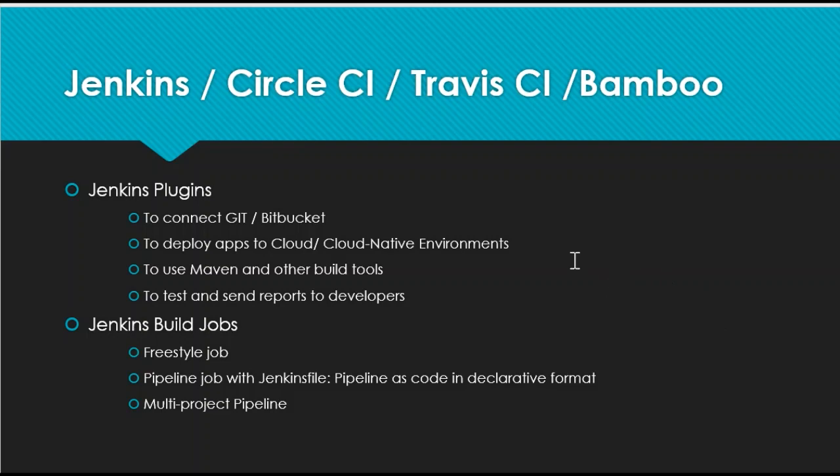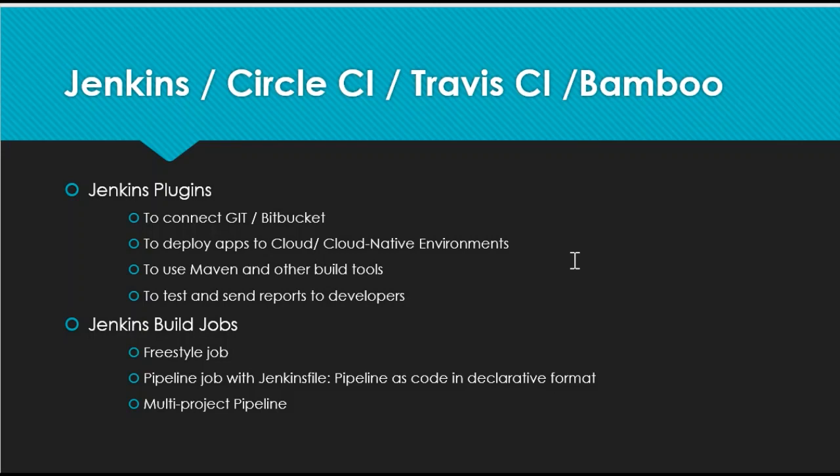There are a lot of different types of Jenkins jobs: freestyle job or pipeline job with a Jenkinsfile, and also multi-project pipeline or multi-branch pipeline job. I prefer to use a pipeline job with the Jenkinsfile, where you can define all the stages of your CI/CD pipeline, like defining on which platform your application is going to be deployed. And then next you have to define the stages of each and every step, like